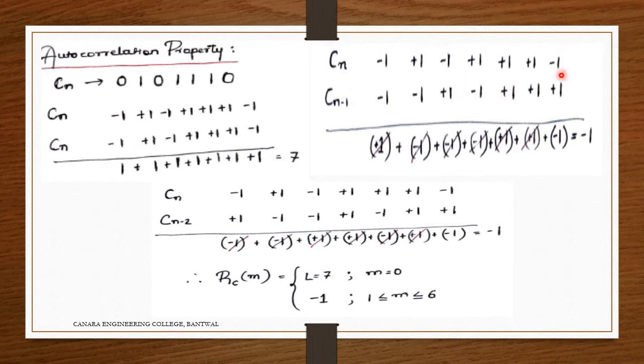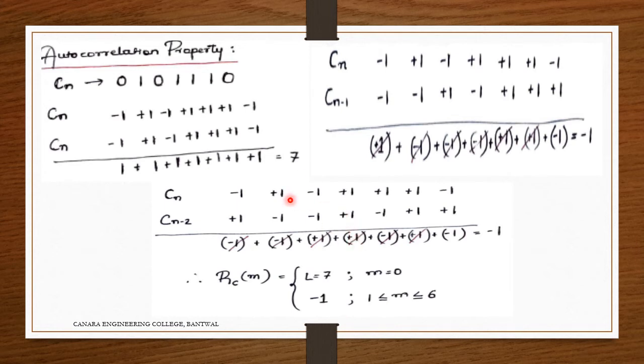Okay. So again I am multiplying here. Minus 1 into plus 1 minus 1. This is plus here. Plus 1 into plus 1. Plus 1 into plus 1. Plus 1 into minus 1 minus 1. Minus 1 into plus 1 minus 1. Plus 1 into minus 1 minus 1. Minus 1 into minus 1 plus 1. So they cancel each other. I told you, multiply vertically and add horizontally. So this and this will get cancelled. This and this will get cancelled. This and this will get cancelled. So what is the remaining here? Minus 1. Yes, correct.